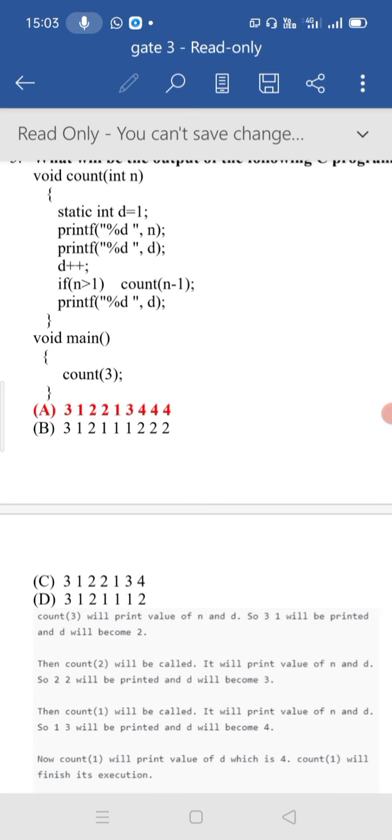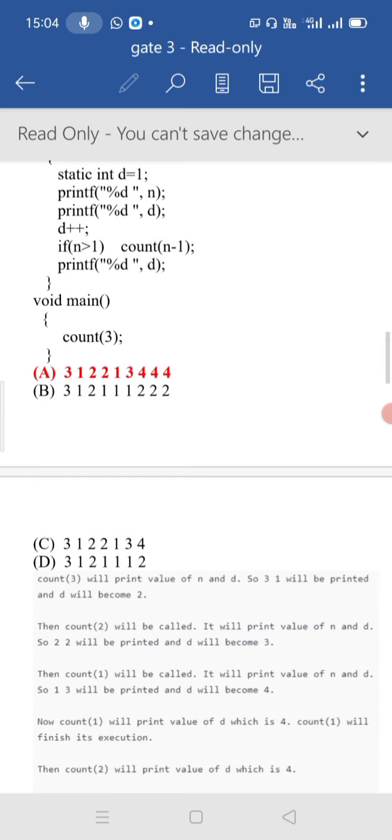So it prints 1 comma 3 on the output screen, and now d becomes 4 by incrementing by 1. After that n becomes 0. Is 0 greater than 1? No, the condition is false, so it terminates the function. It prints the value of d. Now d is 4. For the first call, count 1 finishes its execution.